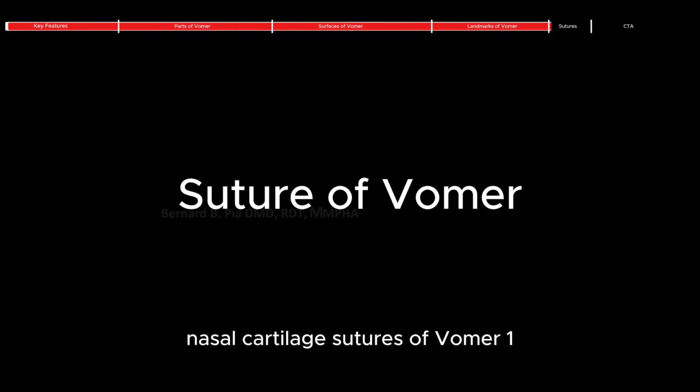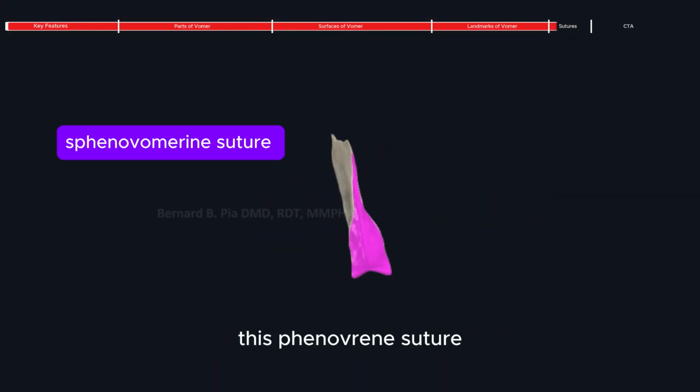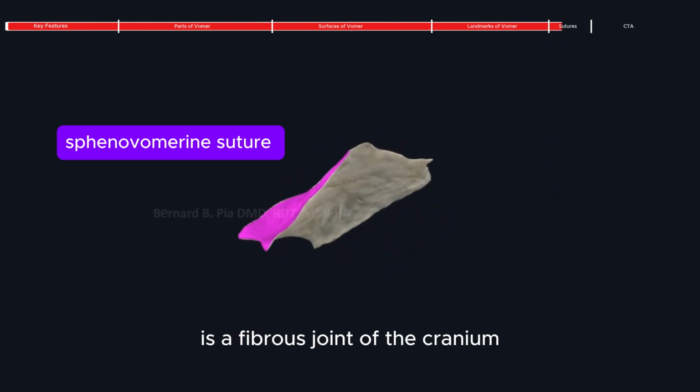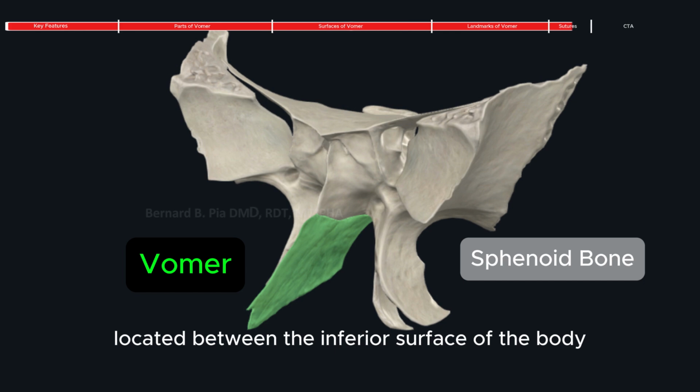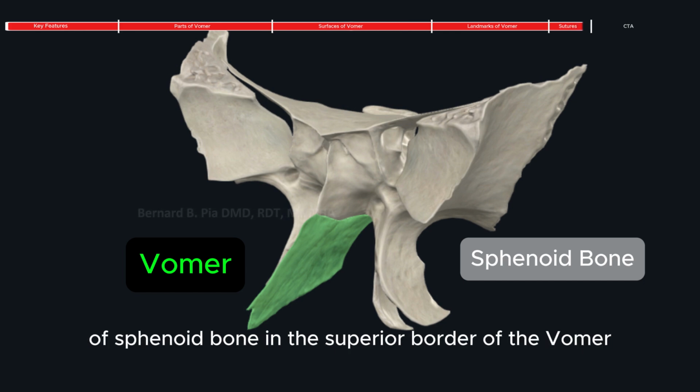Sutures of vomer. 1. The sphenovomerine suture is a fibrous joint of the cranium. It is the articulation site located between the inferior surface of the body of sphenoid bone and the superior border